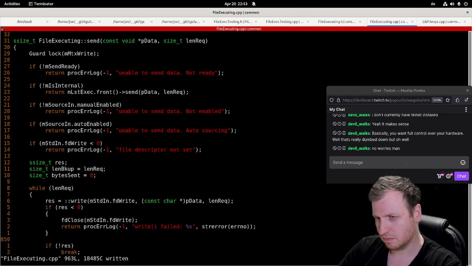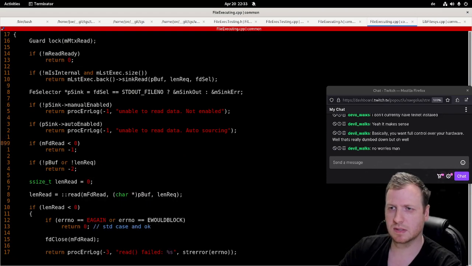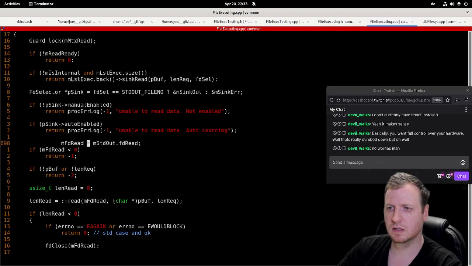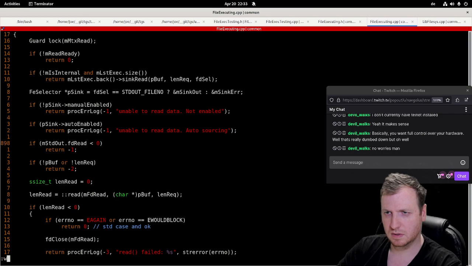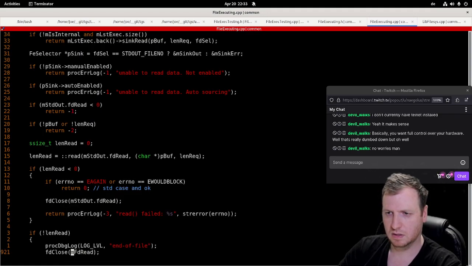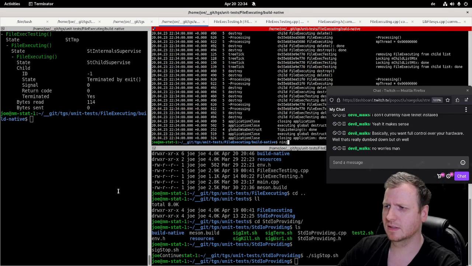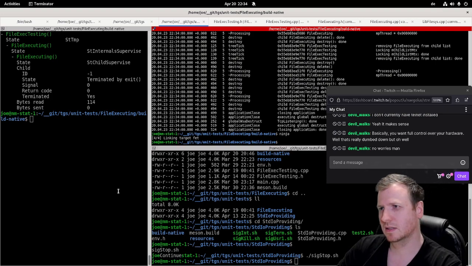Write failed. Okay, but that's perfect. FD read. Now the same here. Okay. And the last one, and the file, hopefully. Okay. Compile this thing. Okay. Now